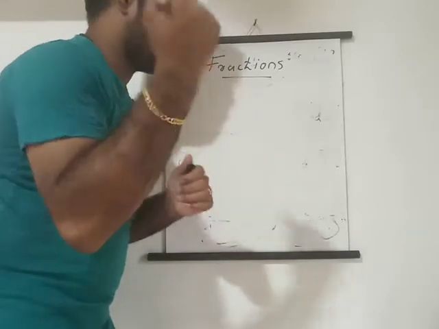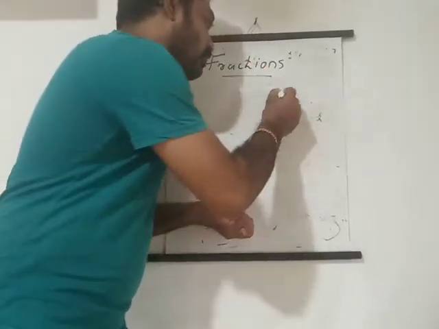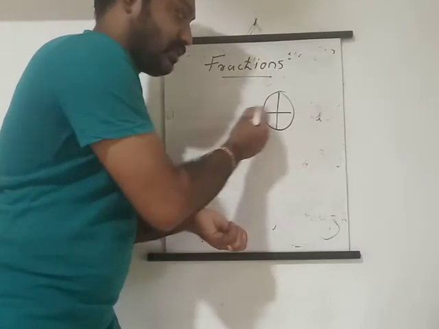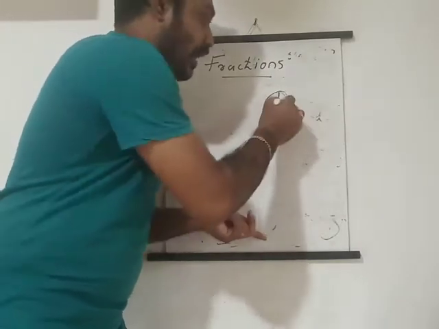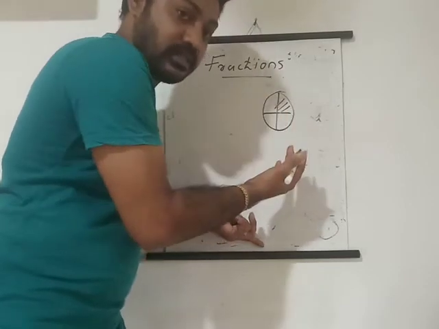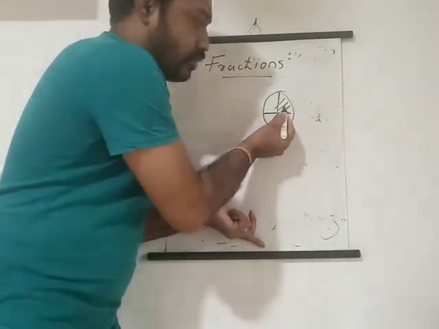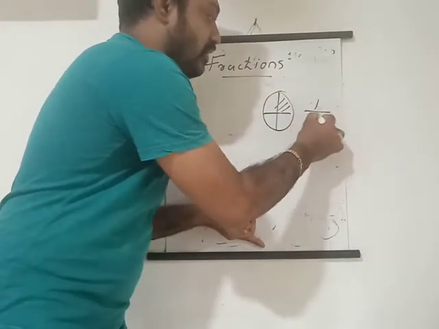Okay, for example, you all know about fractions, how we are getting them. This is basic, isn't it? So I am dividing this piece of cake, just imagine. I am dividing this one into equal 4 parts, isn't it? So the part of this one that I shaded means this is 1 by 4.